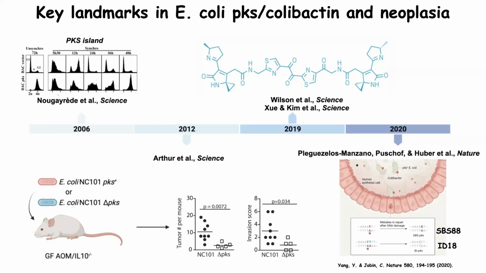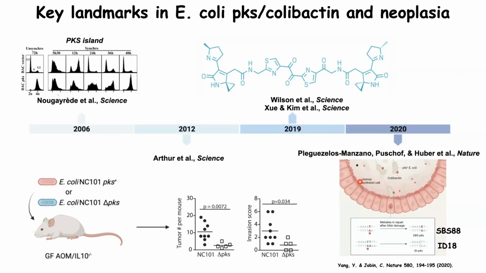What do we know about the function of pks in terms of cancer? Well, a little. This group in Holland, I'm blanking on the name now, it's kind of embarrassing. But what they did, they injected the pks positive E. coli inside a human organoid, okay? And this E. coli will produce colibactin.